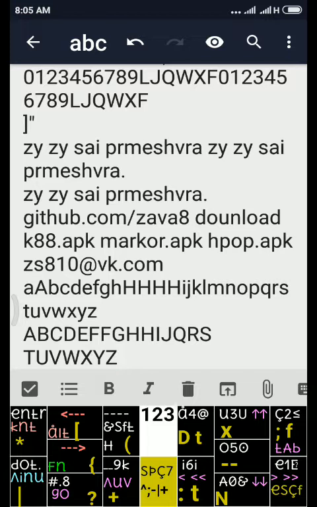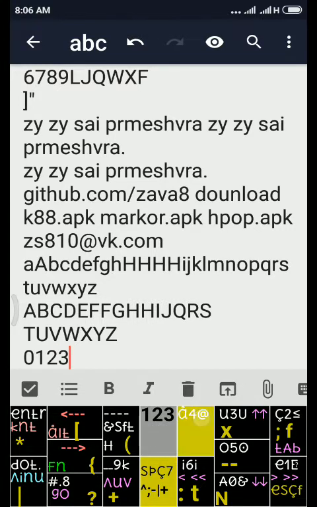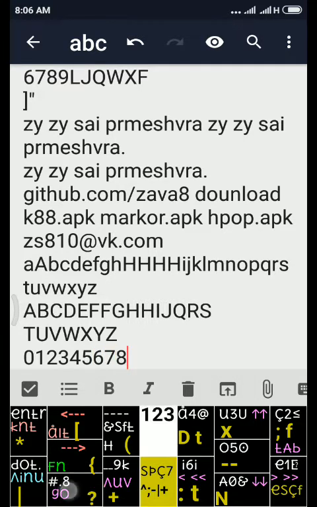Now we will go for numbers. Numbers we have to press with 1. First we will press the enter key. Num 0, num 1, num 2, num 3, num 4, num 5, num 6, num 7, num 8, num 9.